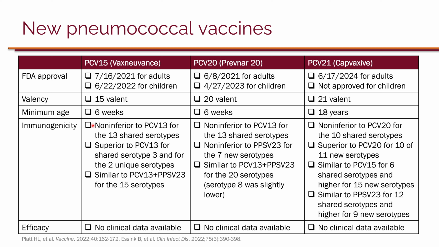Now, these essentially came to the market based on immunogenicity data. So we don't have efficacy data for any of these. In other words, nobody has done studies to show that they can prevent pneumonia or meningitis. What they have done is to show that they can trigger the immune system to have an antibody response against these serotypes that are included. So PCV 15, 20, and 21 have all shown that they can have a robust immune